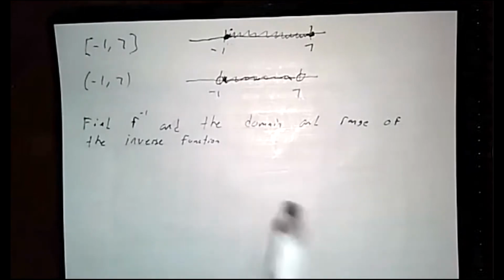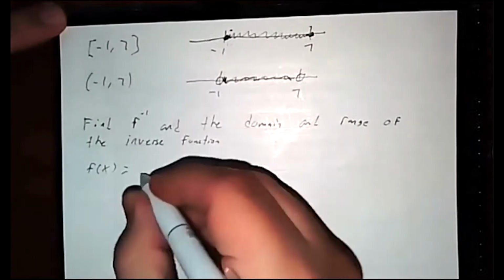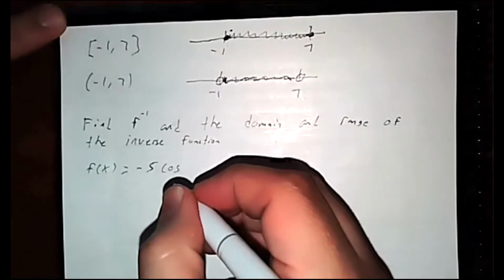Okay. Let's say they give us this one. f of x is equal to -5 cosine